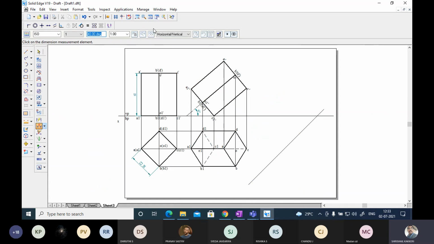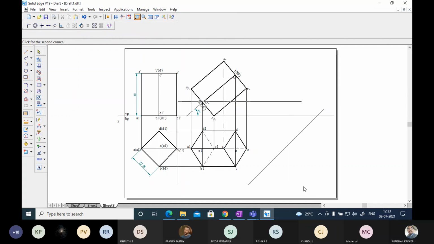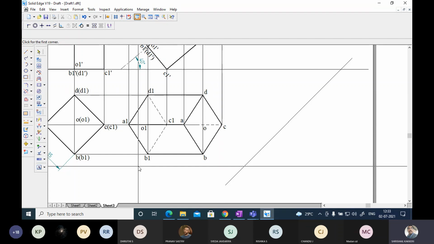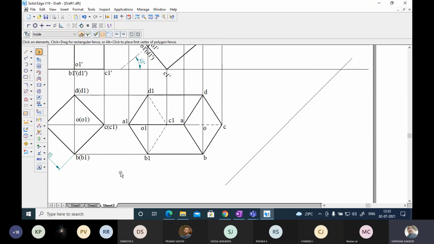Now next, it will be very simple for me to do this problem here. What you have to do? You select this whole portion. If anything is unselected, you can hold Control and select it. Okay, I have selected all this. Now say move. I want to copy it.